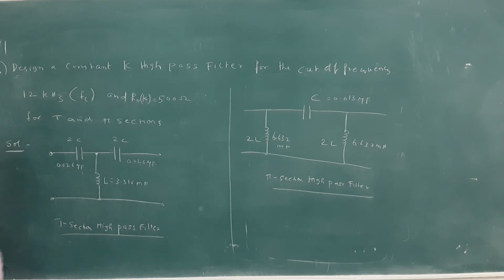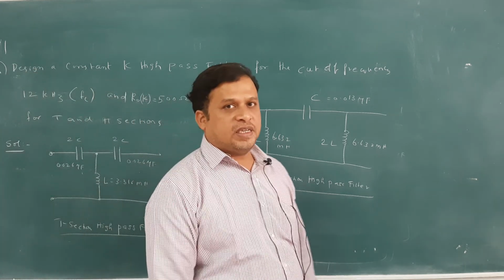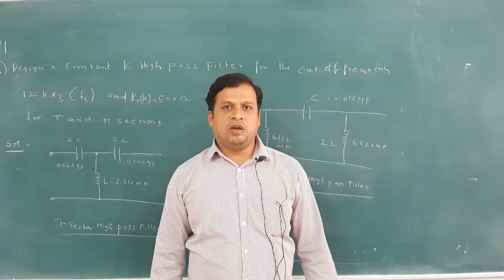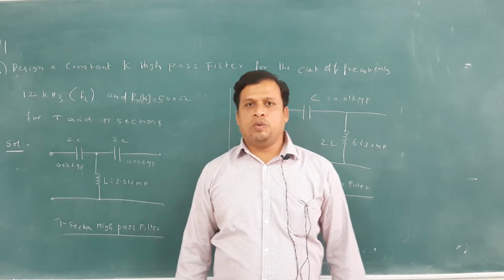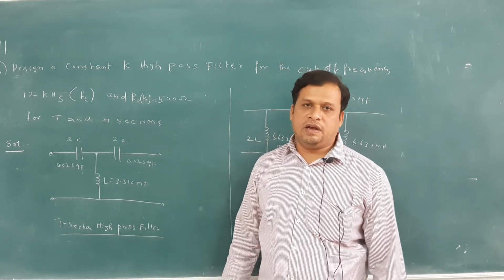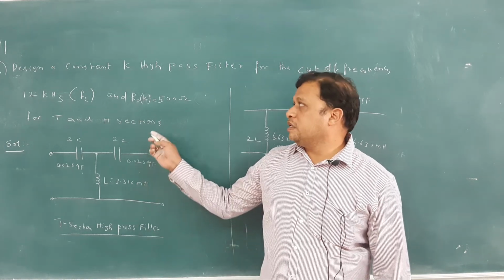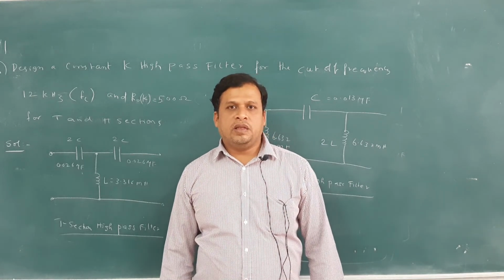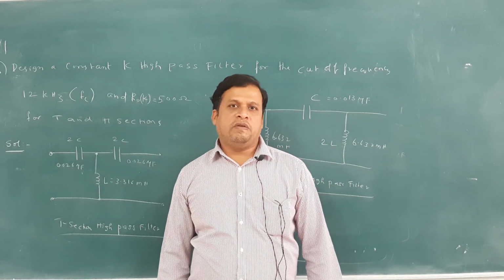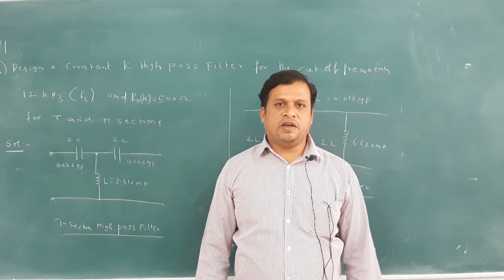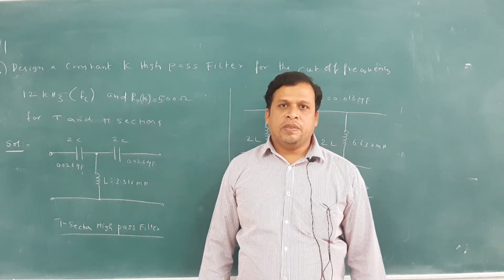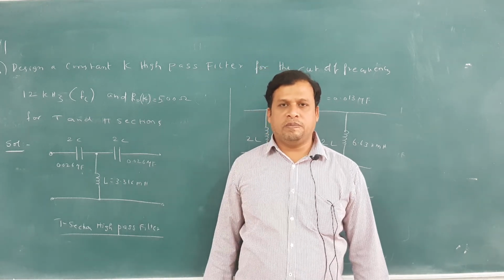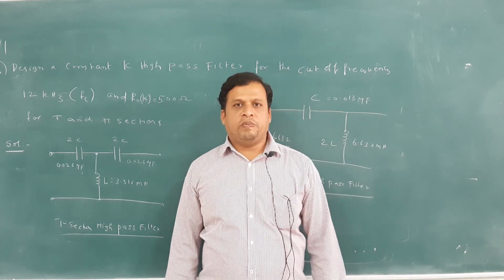So students, we have seen here about the design of the T section low pass and high pass filter and also pi section high pass and low pass filters. So like that we have to find out the design of this particular parameters, that is constant K high pass filter or constant K low pass filters. Okay. In the next classes we will deal with some more filters, that is band pass filter and band stop filter also, and also we will calculate some attenuation band and also different terms in that particular class. Okay, I will end the topic here students. Thank you.